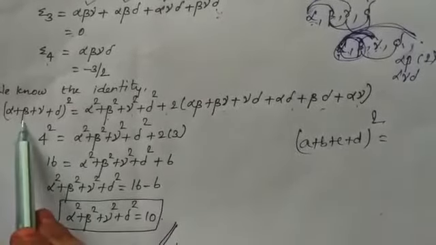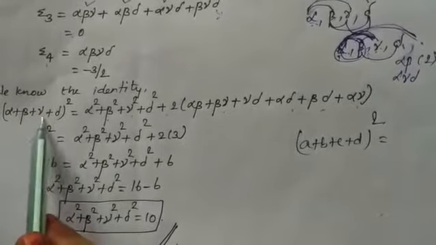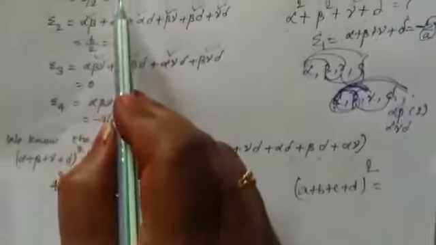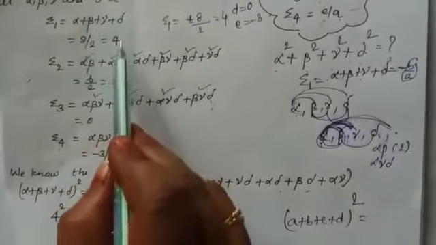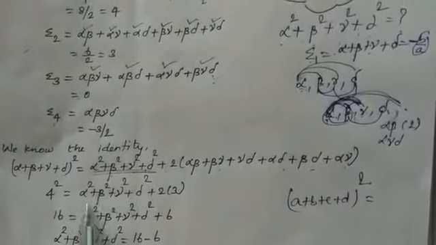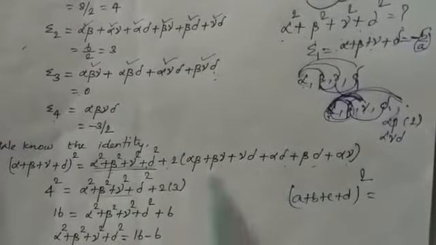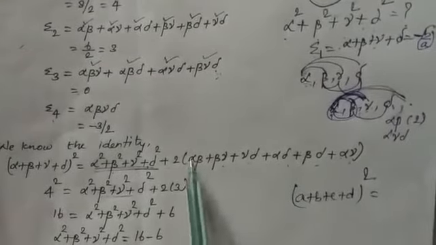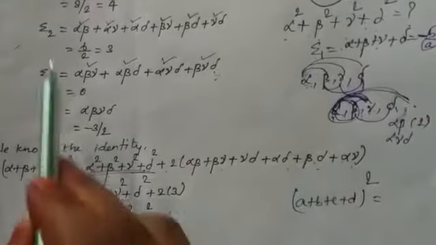What is alpha plus beta plus gamma plus delta? 1 root is taken at a time and it has been added. That is nothing but sigma 1. What is sigma 1? By taking 1 root at a time, 4. So 4 square. This term only we are going to find now. Let it be as such. 2 into, what was this? 2 roots are multiplied and it has been added. That is nothing but sigma 2.